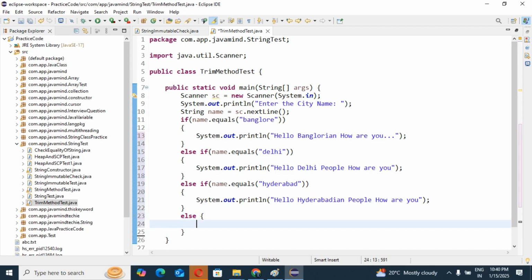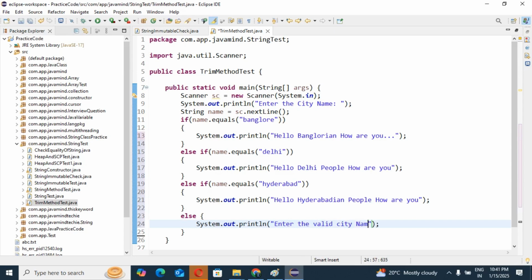So we can print with sys out: enter the valid city name.